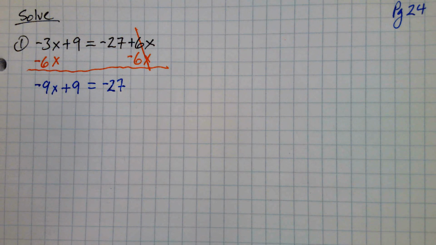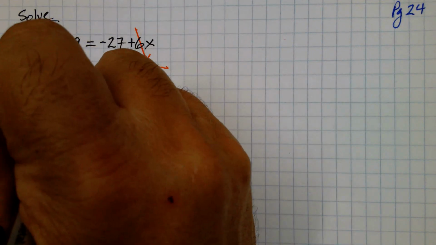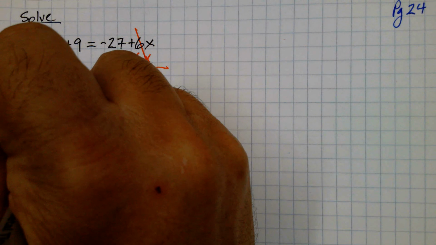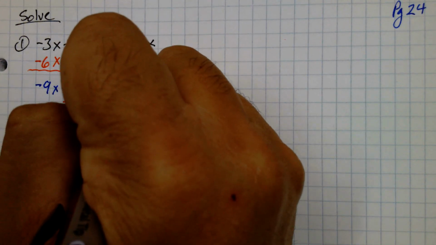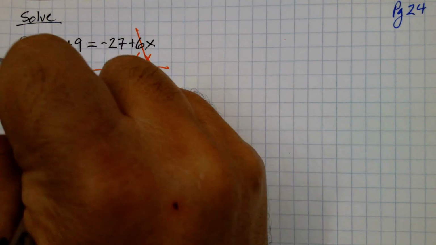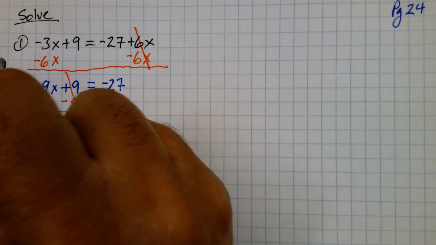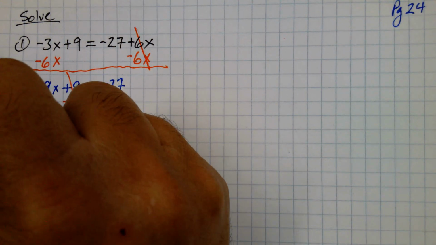Okay? And now it's a two-step equation. Let's get rid of 9. I'll put a minus or negative 9 there. Get rid of this. You get negative 9 x